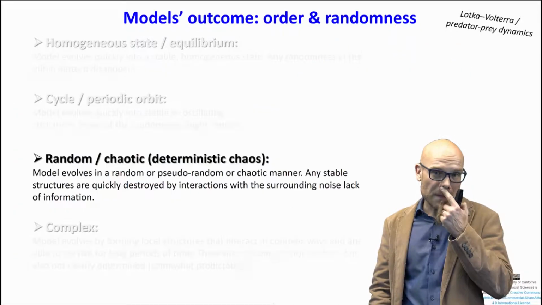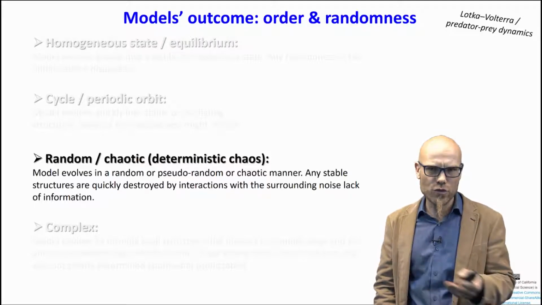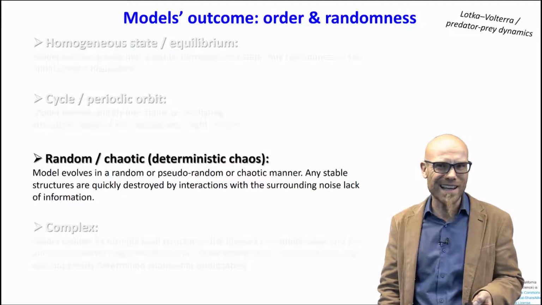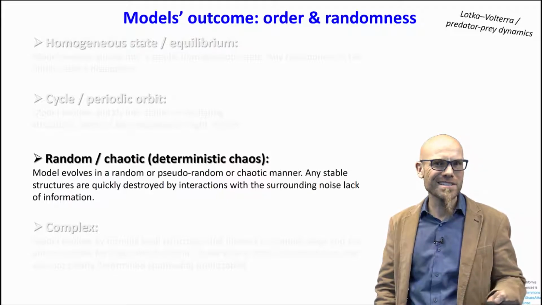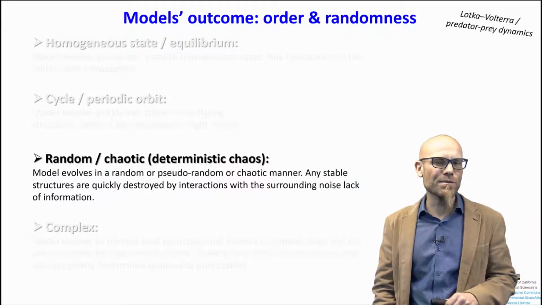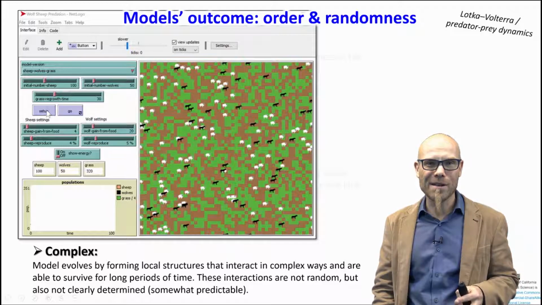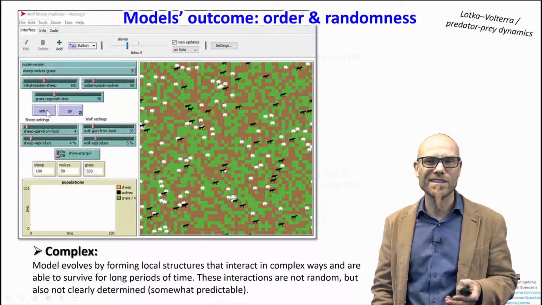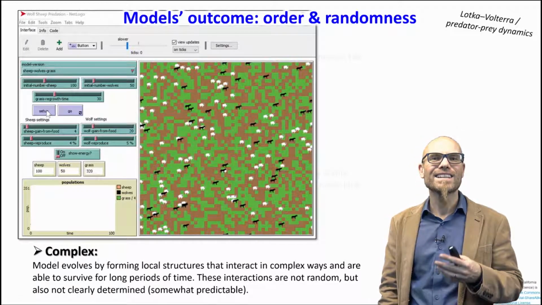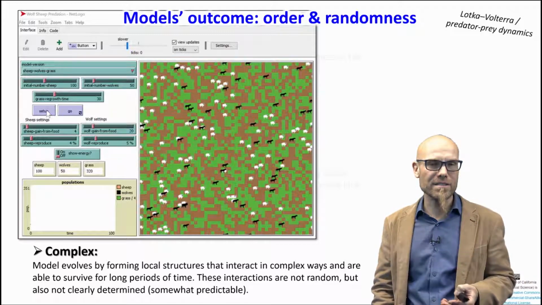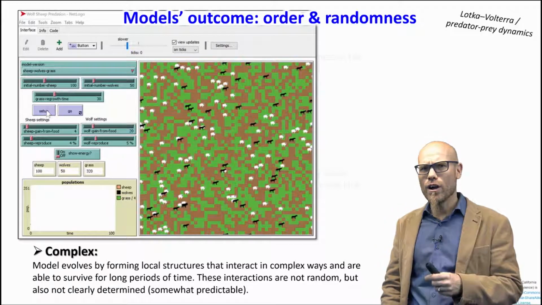Then again, the random outcome, as I said, honestly, if something is truly random, you don't have information, you cannot really do science. So we're going to skip that one for now and go to the last one, which is where we need all of your help as future researchers, which is when the system is complex. And social systems are complex systems. So now we bring all of that together.